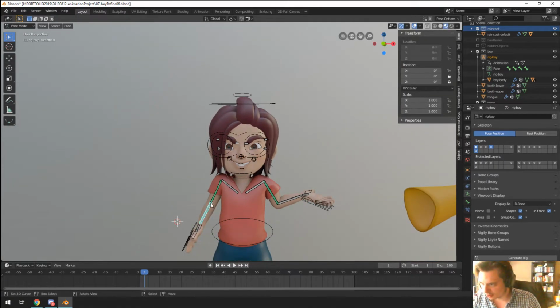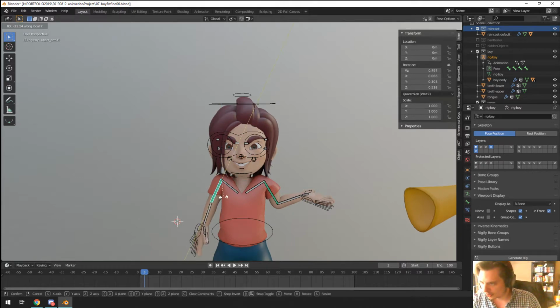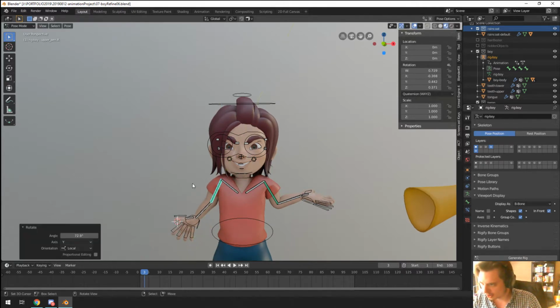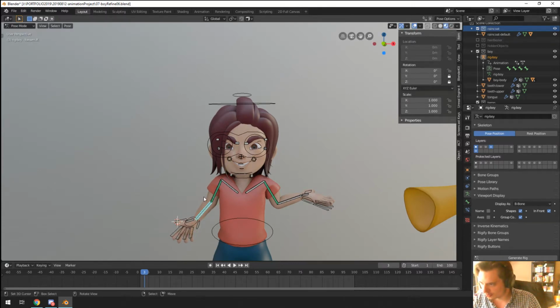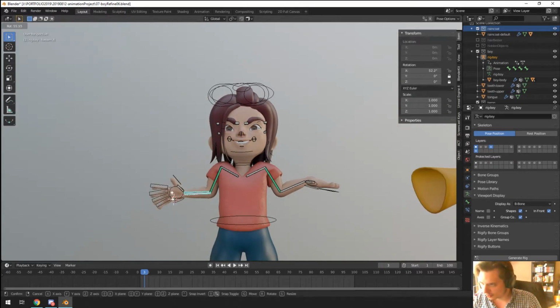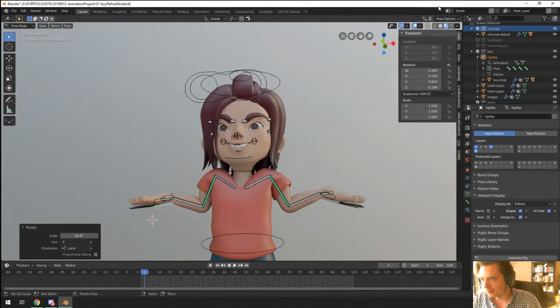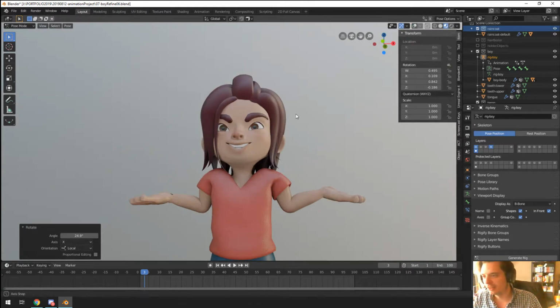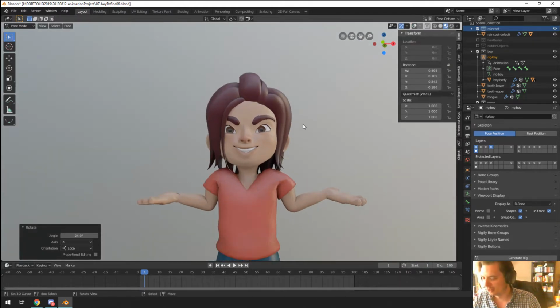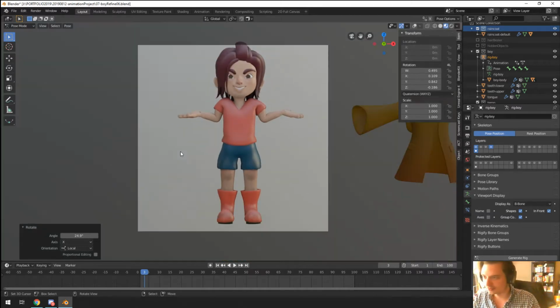Why didn't Blender just do that? Y to rotate on the Y axis. Just kind of open up the shoulders. Not too much now. I'll rotate this on the Y axis, and its local X axis. He's like, I don't know. Let's get